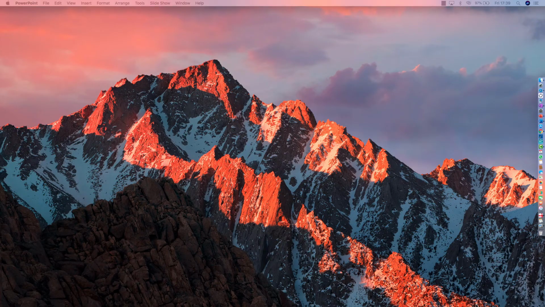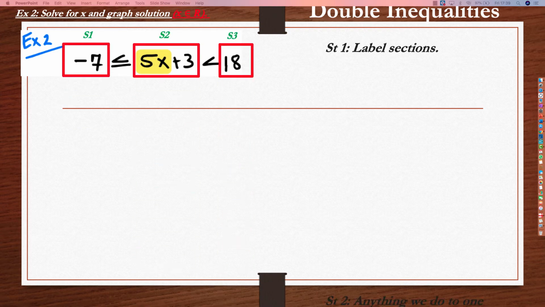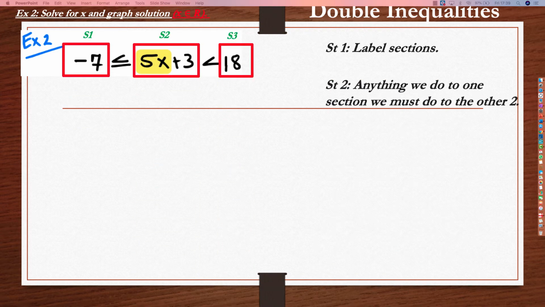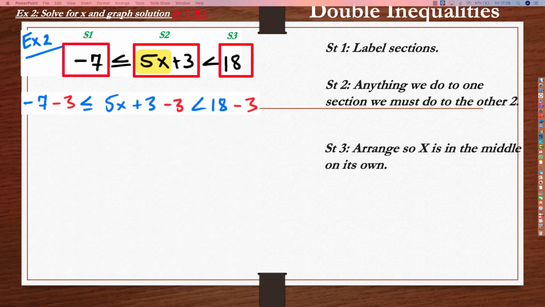So, the first way of solving this is like following. Section 1, section 2, section 3. Anything we do to one section, we must do to the other two. So, I want to get rid of the 3 out of the middle, because I want just x in the middle. So I take away 3 here, here, and here. And you do to one section, you must do to the other two. You're then left with